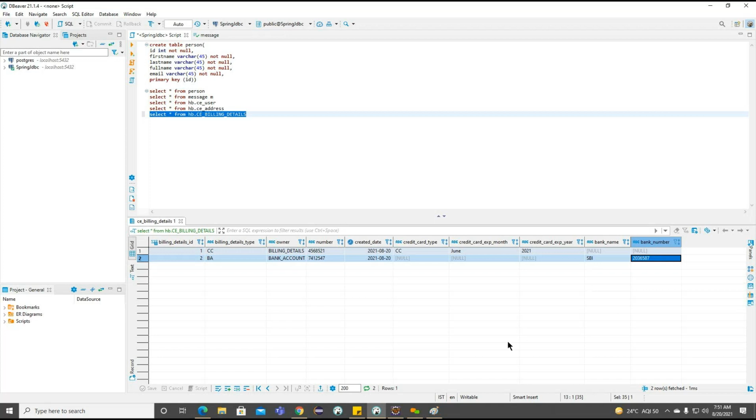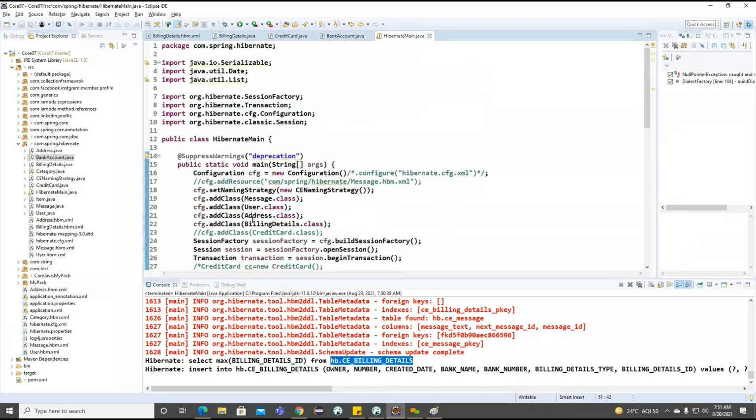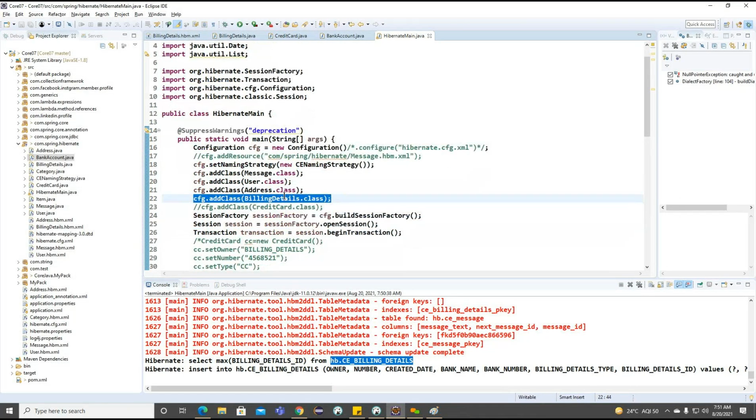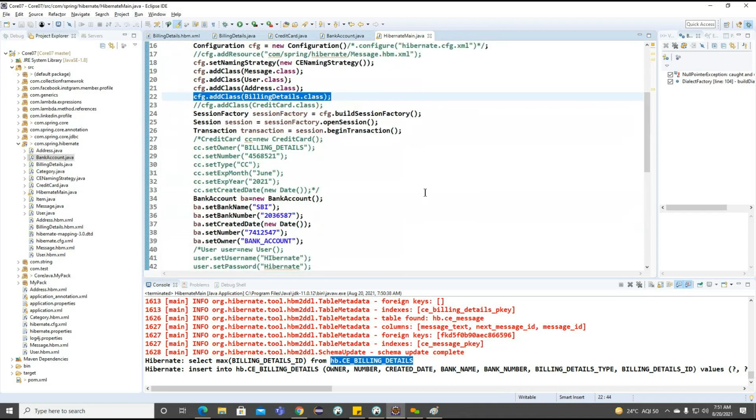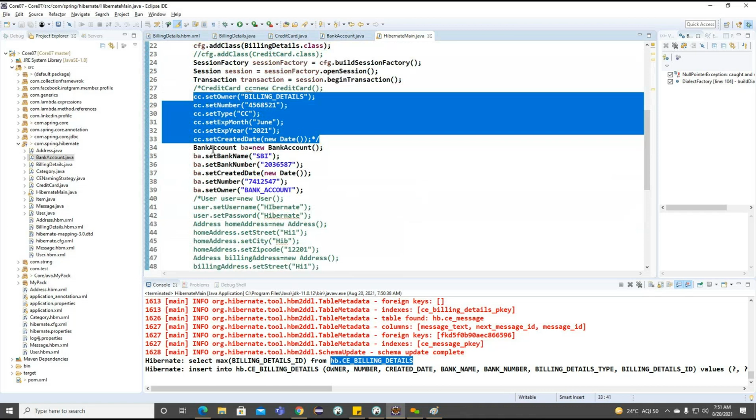The concrete class hierarchy, how are we going to write? For each class we are going to create the table. So simple one here, the mapping we are going to make as a credit card. If I'm going to work on the credit card here, and if I'm going to work on the bank detail, we'll go for the mapping to the billing bank details here, and we'll create the same object here.